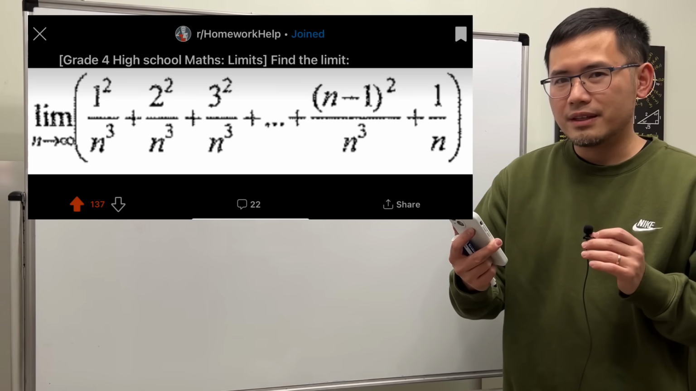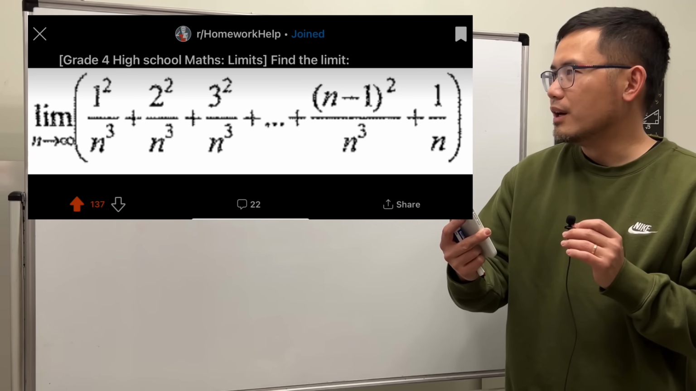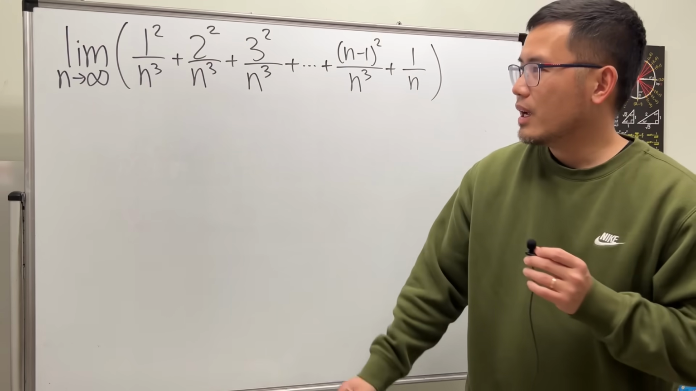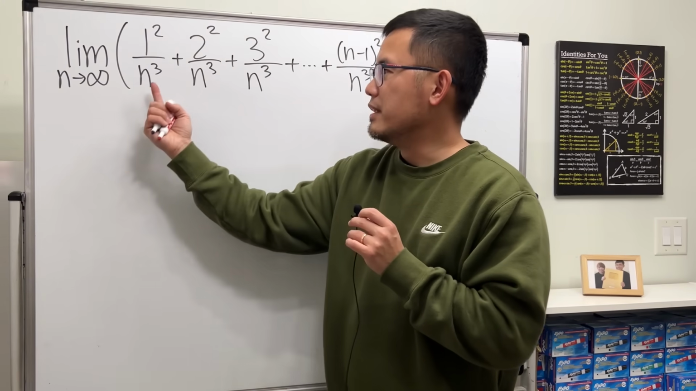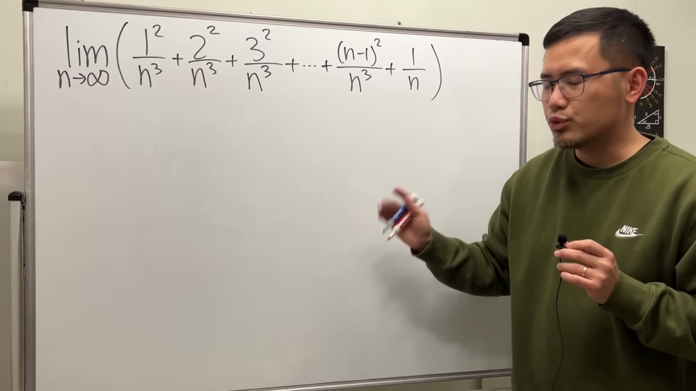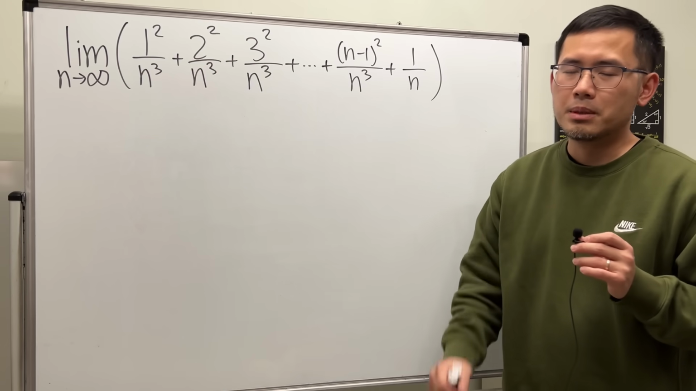Okay, we are going to find the limit as n goes to infinity of this long expression. Let's take a look. The limit as n goes to infinity of all that. Let me show you what not to do, because this is a super common mistake and a super common misconception